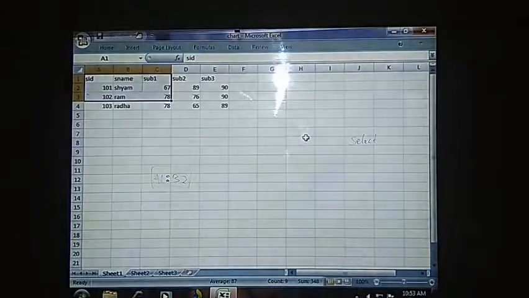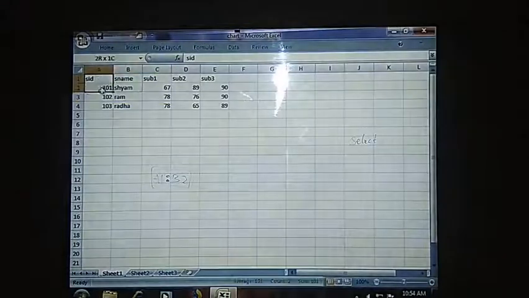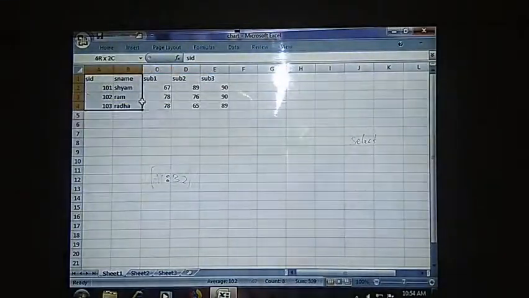You can select the data in this particular format by using the mouse, holding the left button and dragging.